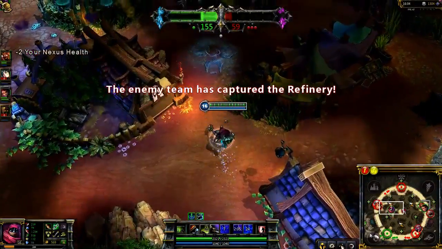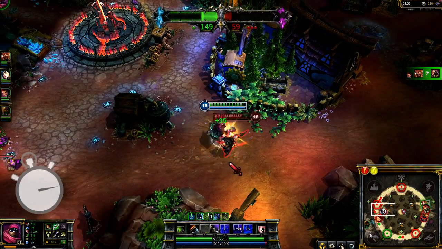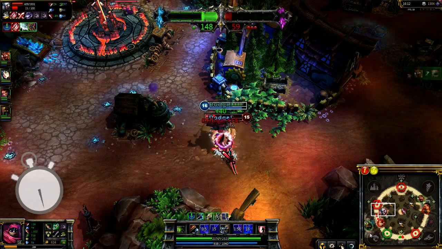Jax's ability set makes him one of the game's top duelists. I pick a fight with Tryndamere. I land 1 basic attack, then immediately trigger Empower to get a quick second hit. My third attack triggers Grandmaster's Might, and I activate Counter Strike to mitigate his damage output, bringing Tryndamere to 1